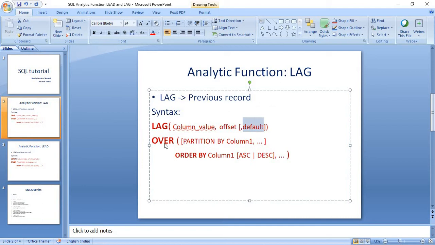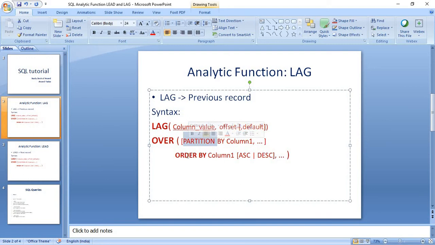Then the next keyword is OVER. If we want to see a previous record based on some grouping, like doing this kind of operation on departments, where there are several departments and we want to see the records department-wise, then we perform a partition on the department column, so that the department values group together and the lag function is evaluated.